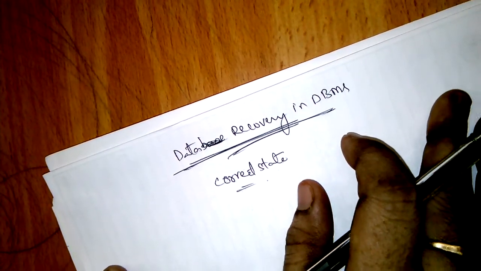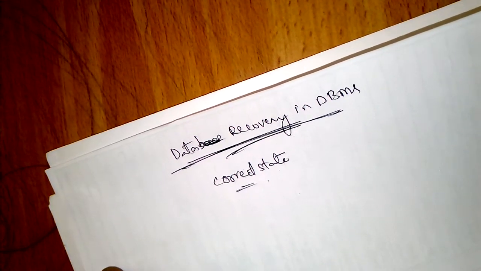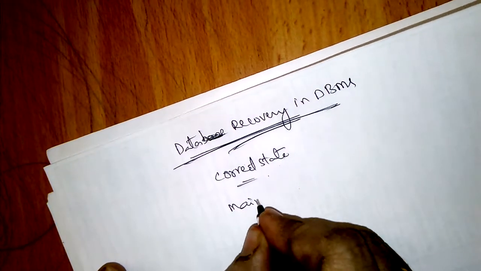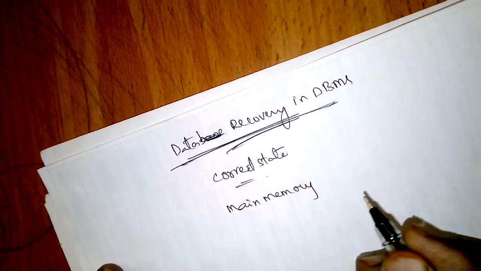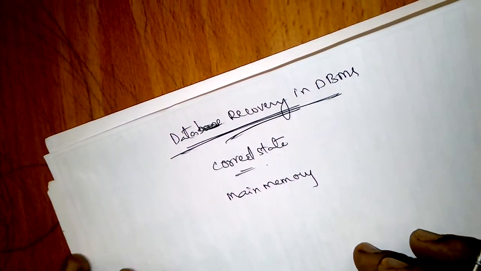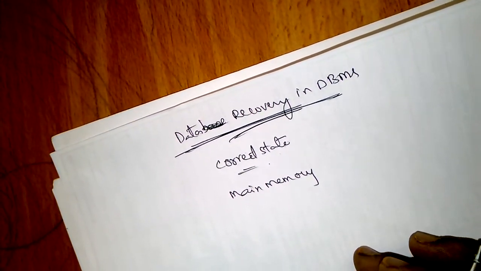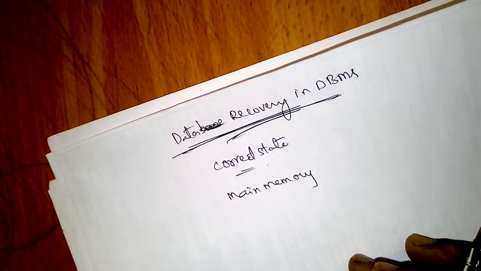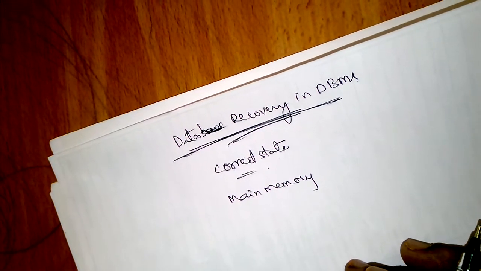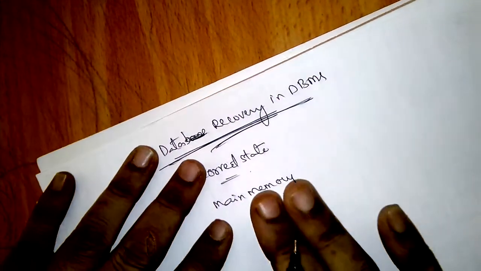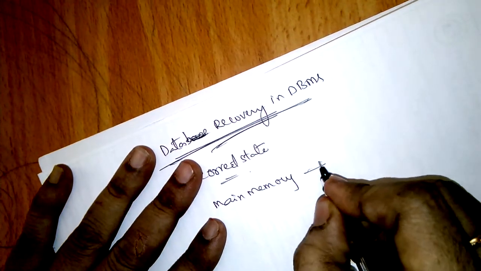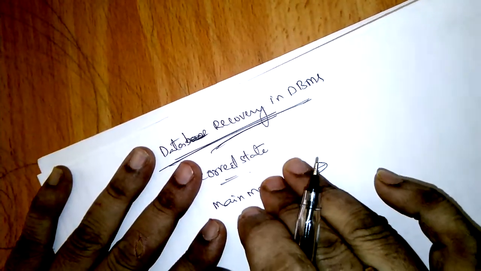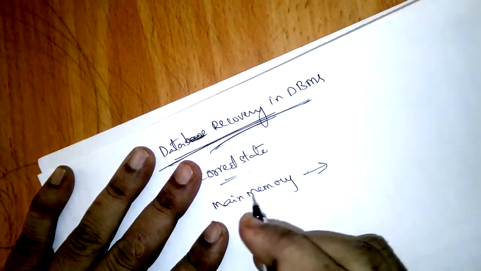The storage of data usually includes different types of media. We can store data in main memory. When we are doing some transactions on the data, we access whatever data is required for the operation into the main memory and process it there. After completing the transaction, we have to commit the data in the database.